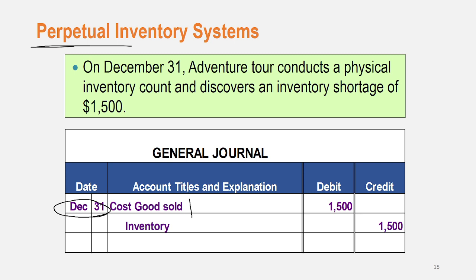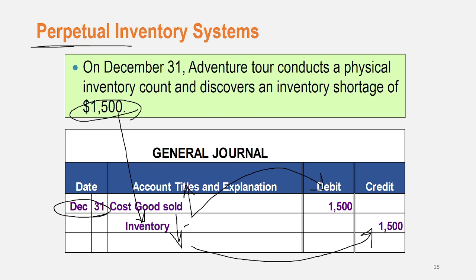It increases the amount of cost of goods sold. The cost of goods sold is considered a debit, and the amount of shrinkage is 1500. So 1500 debit for cost of goods sold. And this shrinkage also means that the total level of inventory decreases by 1500, and a decrease in inventory is a credit, because inventory belongs to assets, and for accounts that belong to assets, a decrease is considered a credit. How much? 1500.